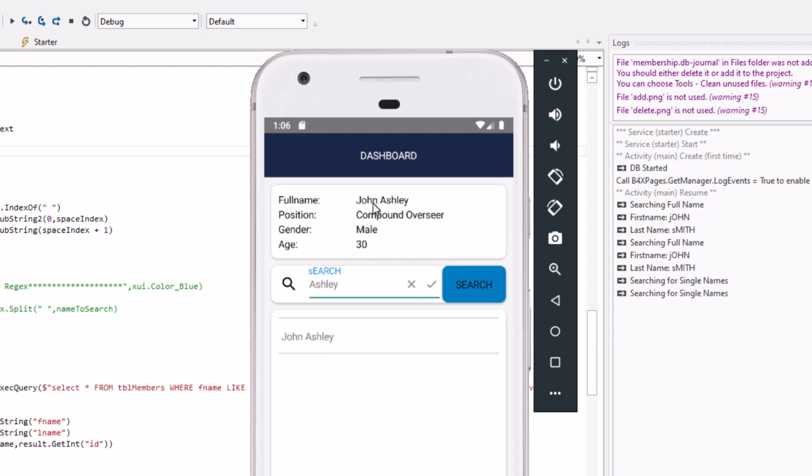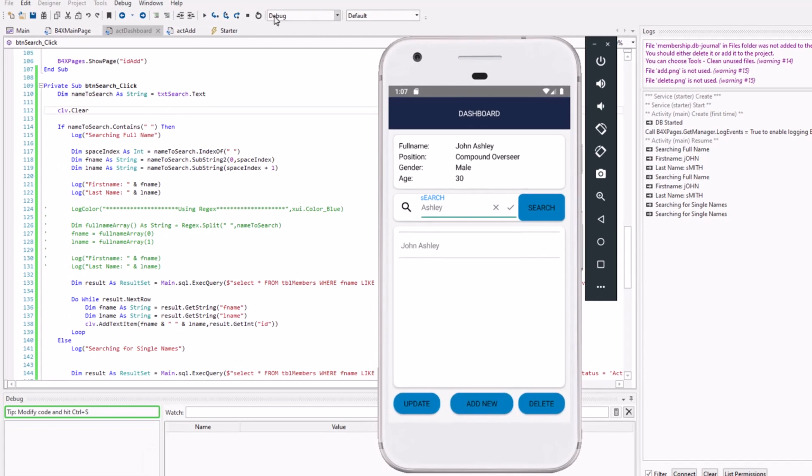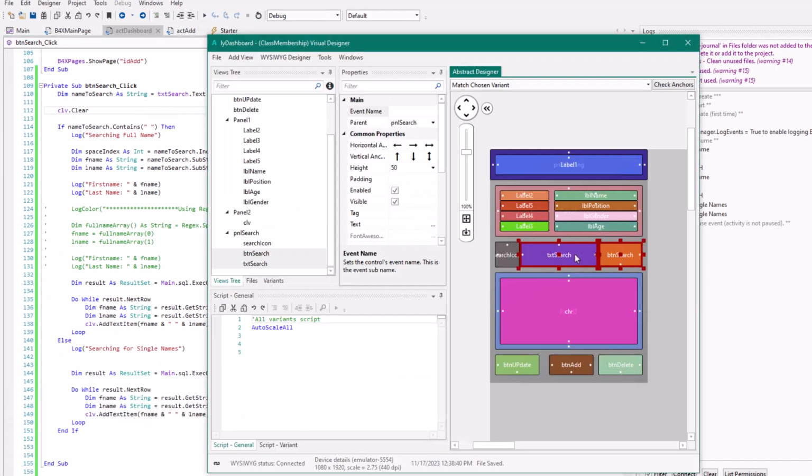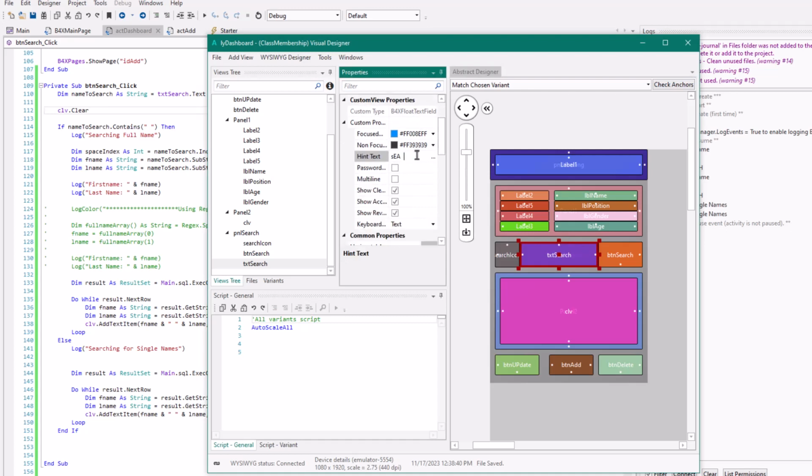But during search, we should clear this list as well, right? So we can do that with text change on the text box. This one, make it search.